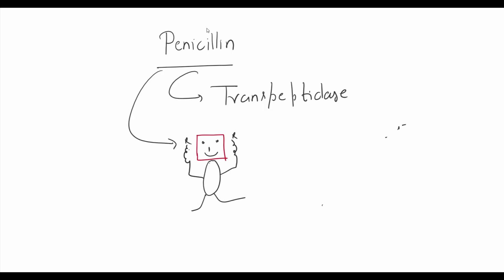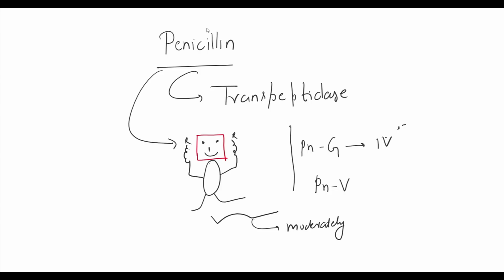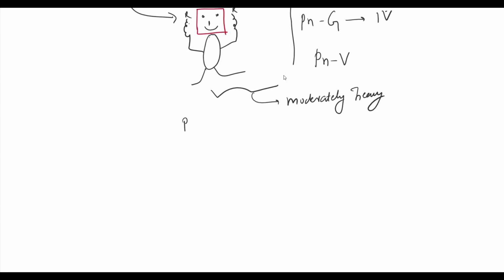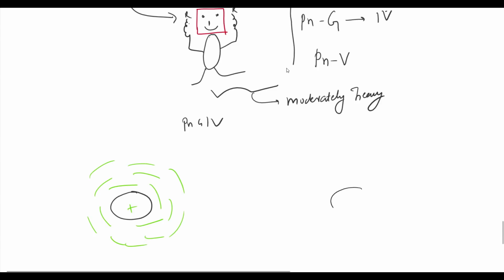These are alkyl groups. Penicillin G is the first naturally occurring penicillin, which is given as an IV injection. Penicillin V is developed as the oral form of penicillin. Both of these molecules are moderately heavy. Penicillin G and V are able to cross the porous peptidoglycan of gram-positive bacteria. But the cell wall of gram-negative bacteria is relatively impermeable to penicillin G and V.